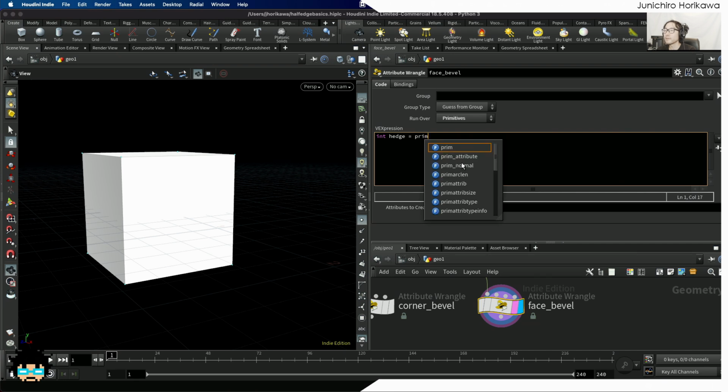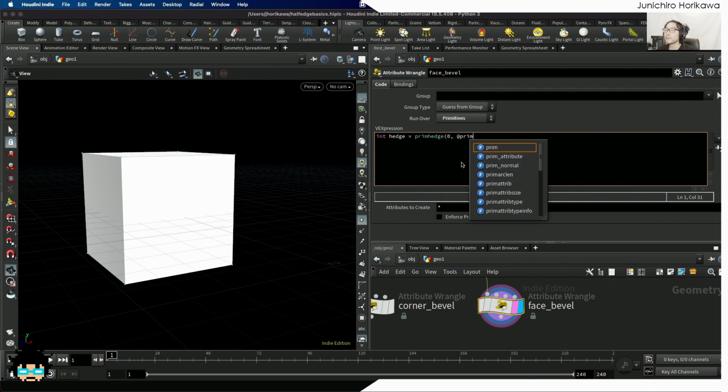We can use the same function we used last time. It's called prim hedge at 0 prim num. Okay, now I am going to use another while loop. So I'm going to create a hedge starting from the hedge number, and while the hedge is not negative